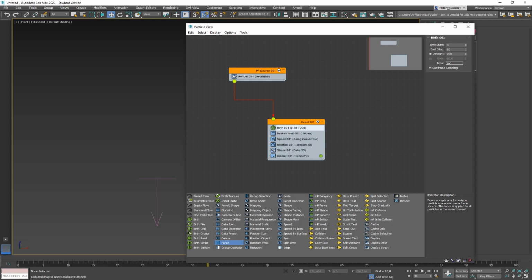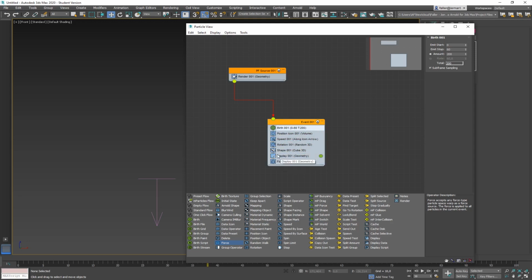So there's wind and spray and all kinds of things. The force is applied to all particles in the current event. So all the particles that are born here will have this force. Let's take it, pull it into the force. You can place it anywhere actually. Let's put it all the way to the bottom.